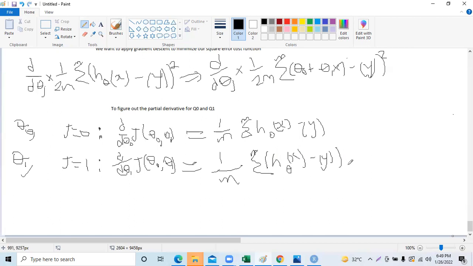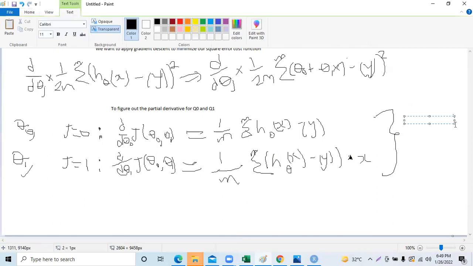Instead of having the square there, we'll now have times x. So this is what we mean by solving for theta 0 and theta 1